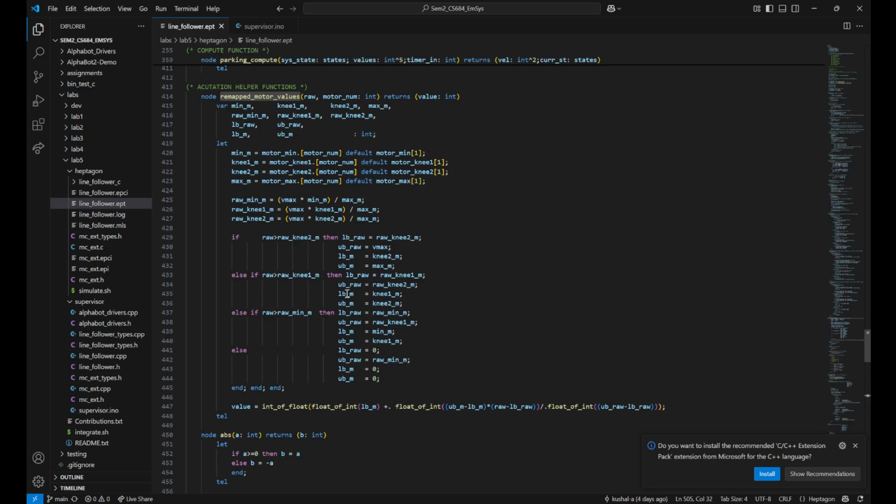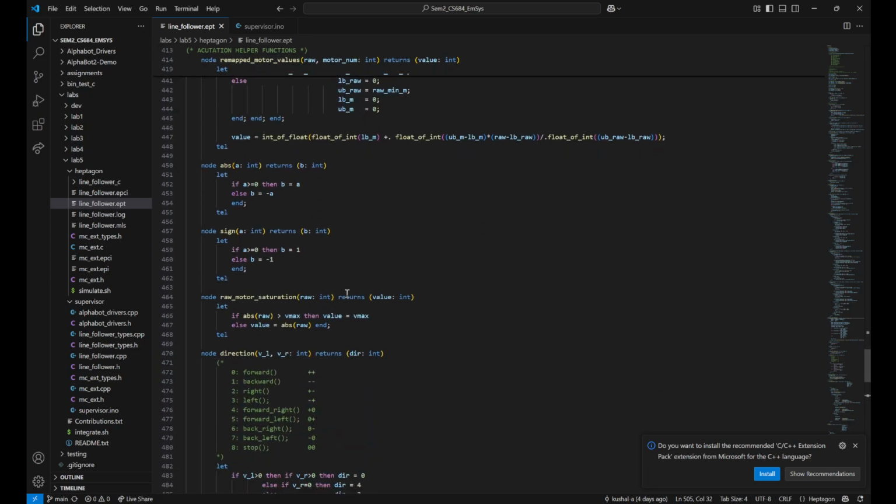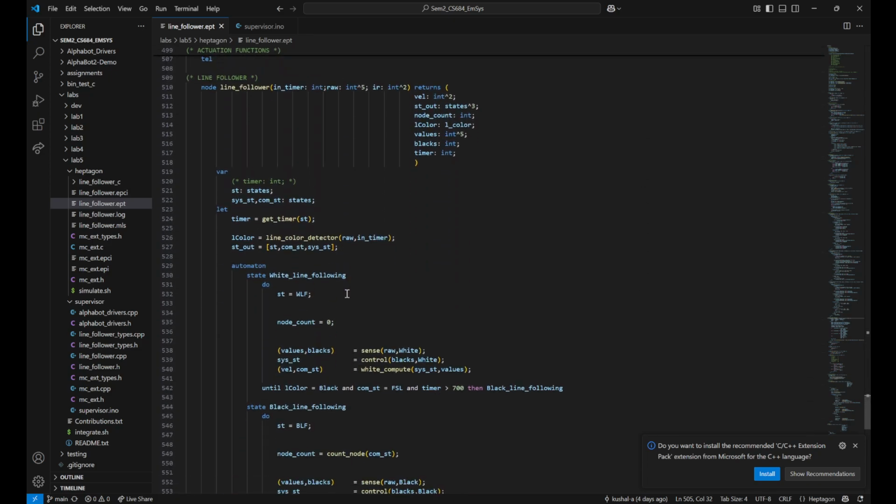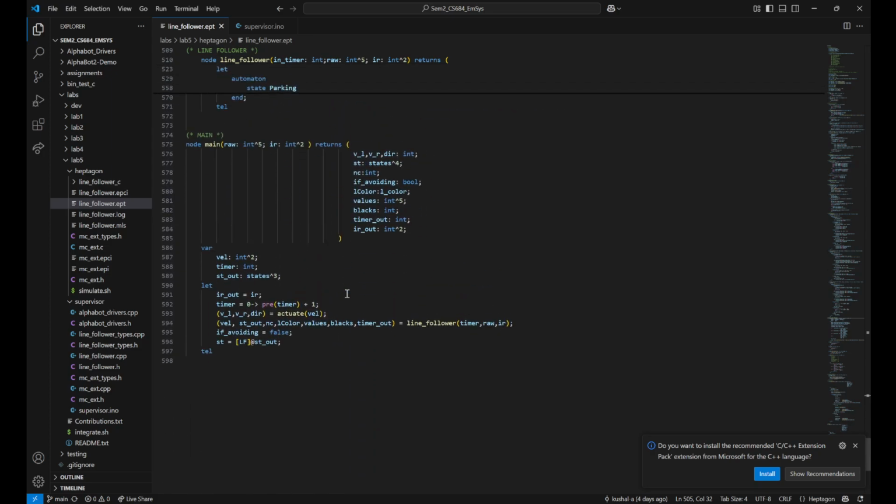So essentially, this function remaps the value that you give it. In our case, for the above calculations, we use a velocity range of 0 to 1,000. So whatever velocity you give in 0 to 1,000, it maps it to what is actually realizable by the motor. Now that we know, once we have the velocity vector, how we actuate the motor,